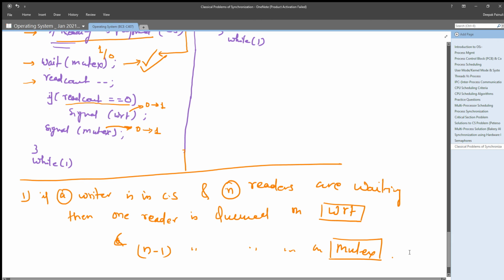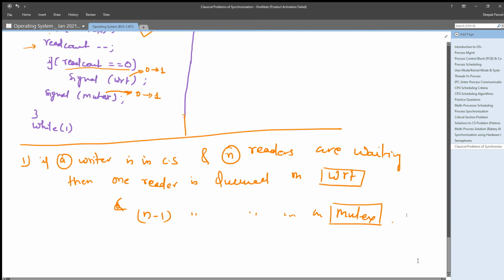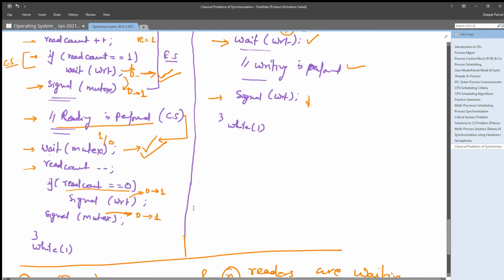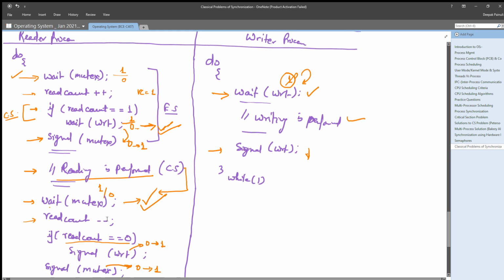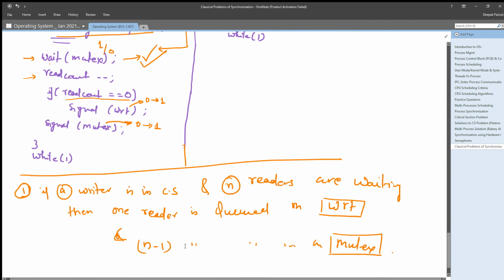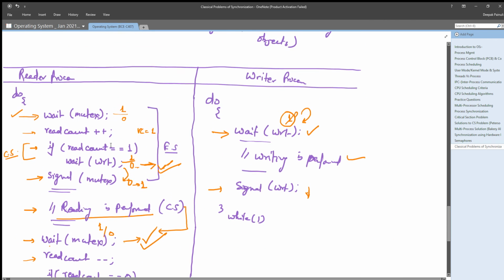These are the results of the analysis of the code above. So one reader will be queued on WRT, either here or here, and the other n minus 1 will be queued on this semaphore, because this semaphore is used only by readers.